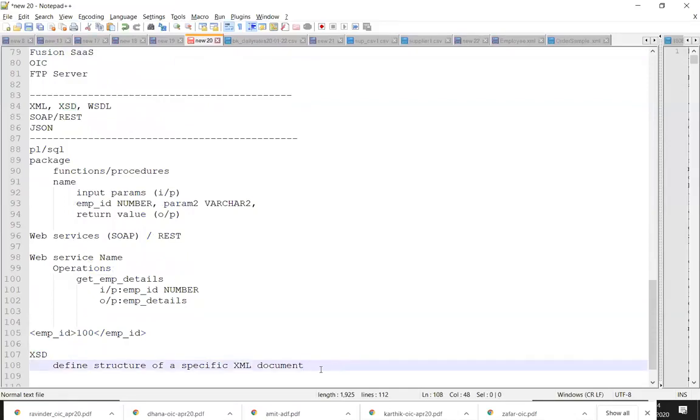Now, how do we mention that? Let us go and see one example. Again, we are going to focus on integration cloud. XSD has nothing to do with only integration cloud or XML or web service. These fundamentals have been there in the industry for many years. But we have to learn those fundamentals to work in integration cloud. That is the reason we are going to learn this, but we are not going to spend too much time on these topics. You will be learning enough of what you need for working on the integration cloud or any integrations in general, right? Okay, so now let us open one XSD.